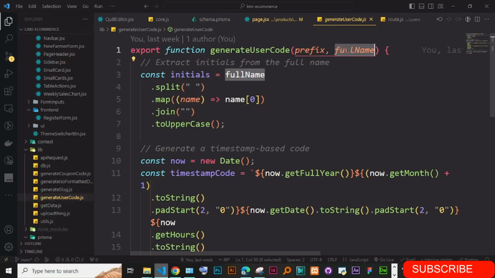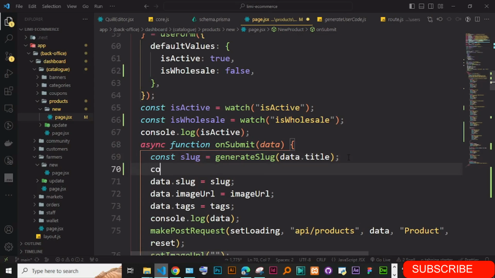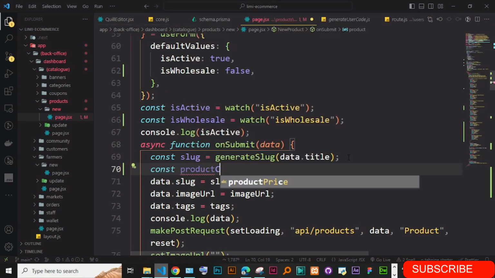Yeah, I think we can just pass in the title of the product, and then generate a unique product code for us. Okay, let's just go and do that. So under products here, I'm just going to also generate that. So product code. I'm just going to go down here and say const product code is going to be equal to